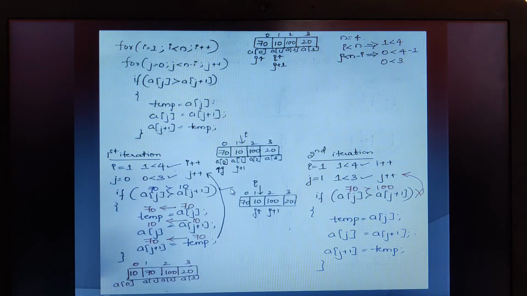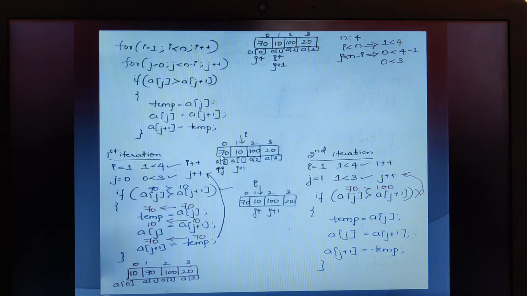On satisfying this condition, we need to swap these values. We need to exchange these values. How to exchange the values? Whatever content is there in this particular location should move to the temporary variable. Therefore, a of j, that is 70, is getting moved into the temporary variable. After that, what is there in a of j plus 1 should come into a of 0. So 10 is there in a of j plus 1.